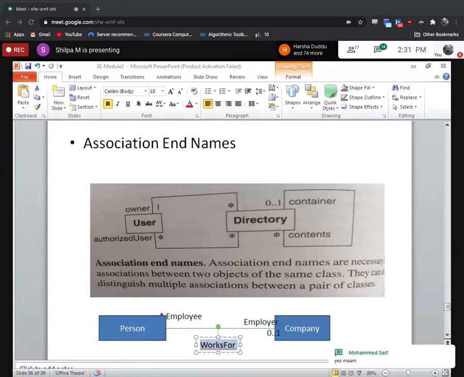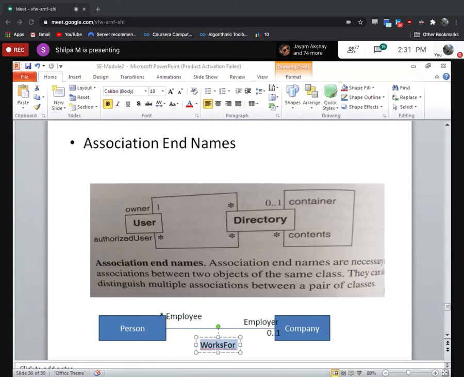So in the above example, you have class user, and the other class is directory. So association name they have not given. Okay, here I can give owns, user owns a directory. So the user can be two things.